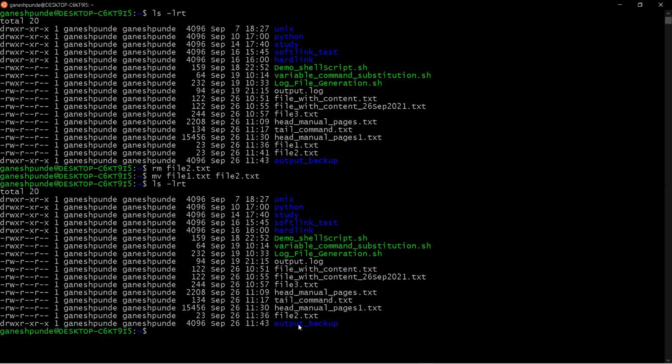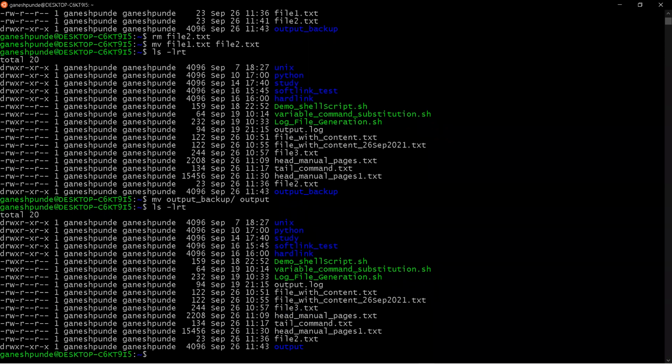For example, now I have this output backup directory, right? I want to rename it as output only. So how can I do that?